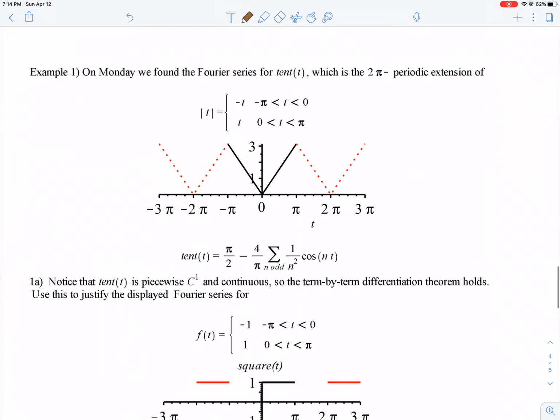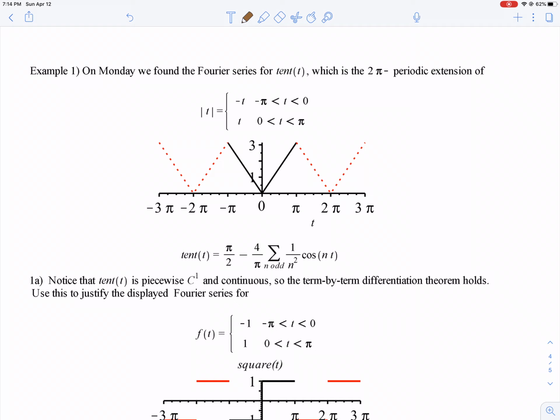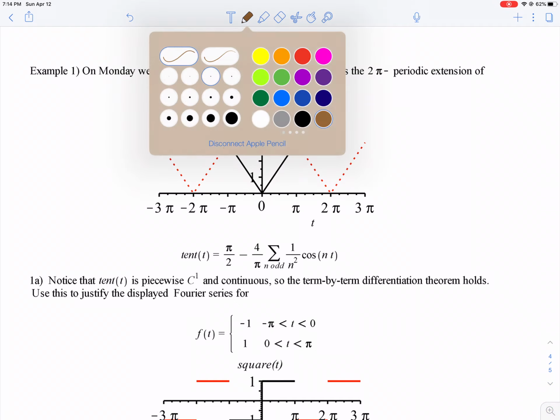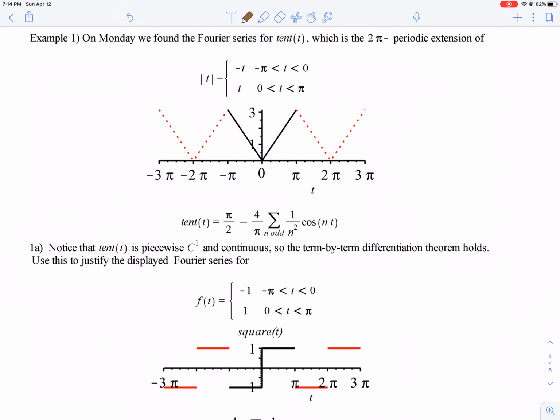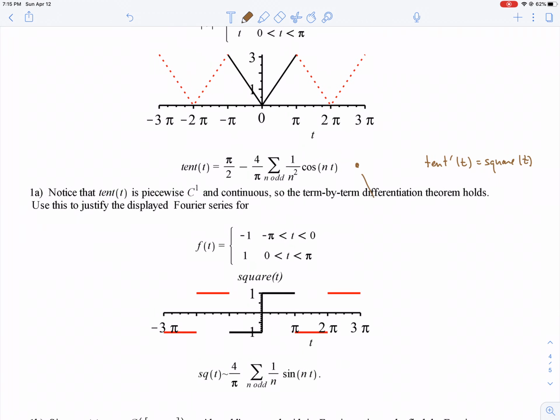Okay, so let's illustrate the theorem by just doing one example in both directions. So we know the Fourier series for the piecewise differentiable function tent is given by that formula. And we know that the derivative of the tent function is the square wave function, because the slope of those segments goes from -1 to +1 to -1 to +1. And so the theorem says, by the differentiation theorem,